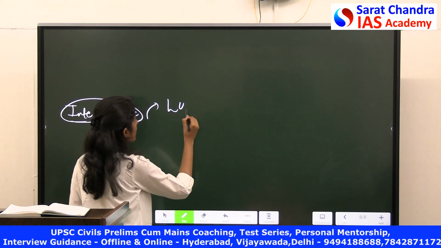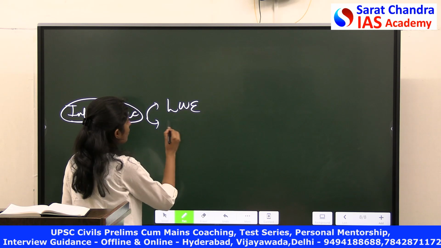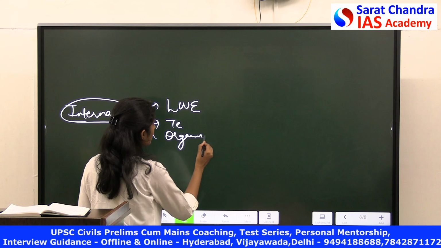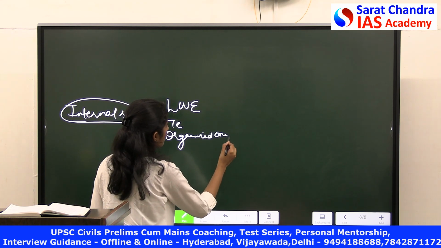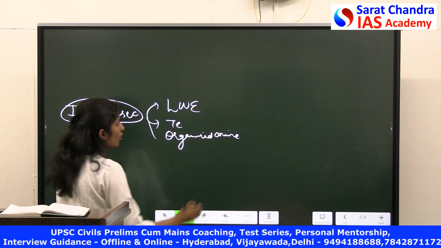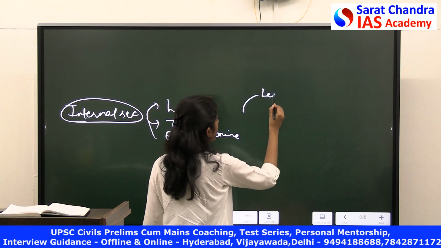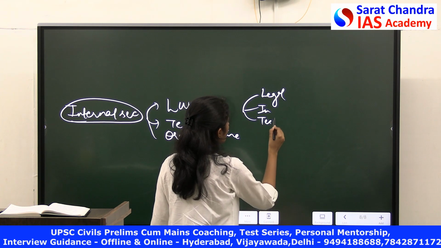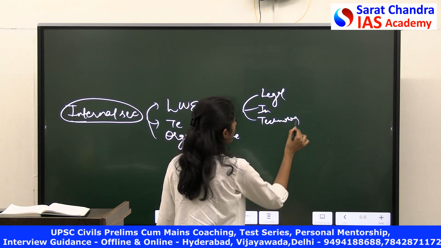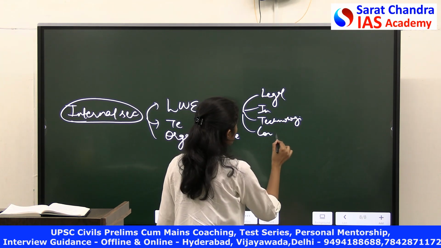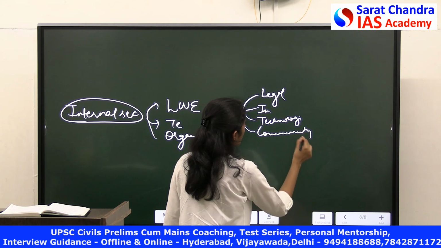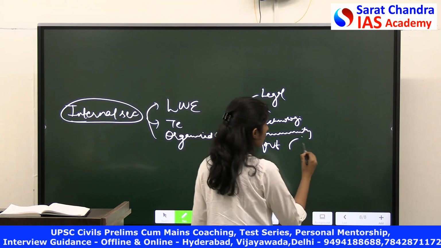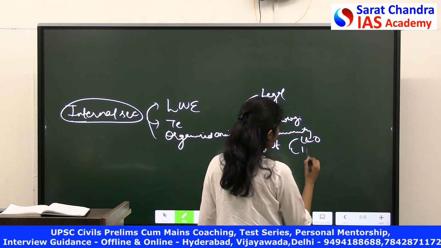Any internal security challenge, left-wing extremism, terrorism, organized crime, any of such things, you need to have a framework, that is, a legal framework, institutional measures, technological measures, community-based approach, governmental approach. Within the governmental approach, you will have different approaches, that is law and order approach, developmental approach,